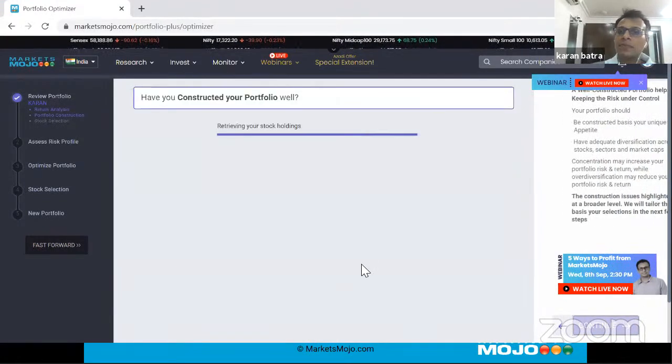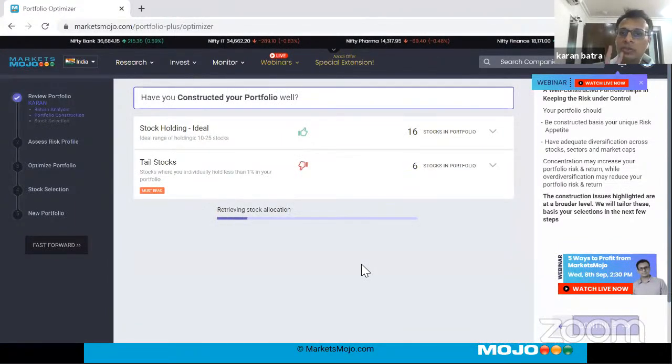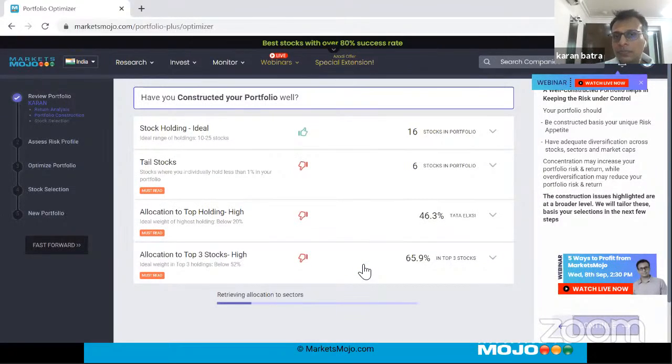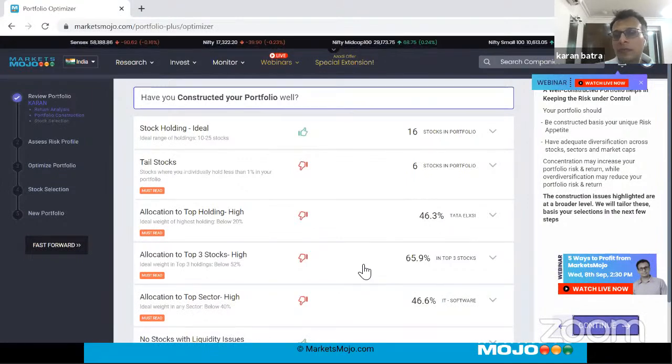Portfolio optimizer helps to make a more robust portfolio for you based on two factors or on two main areas. First is the portfolio construction. How well is your portfolio constructed? So this looks at the allocations that you have across different stocks, different sectors, different market caps, and how they all come together for you. Now, for example,